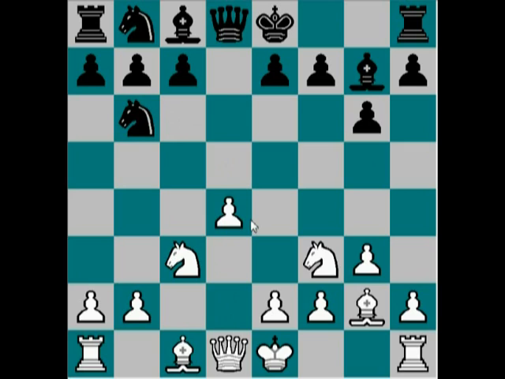This is kind of a mix between English and Grunfeld, but you can get this from the English opening as well. So if it's not exactly 100% English, it's still very close to it, and it still gives us a very instructive game. So after knight b6, d4, knight c6,